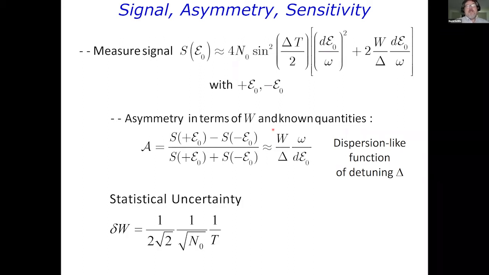One of the interesting things about this method is that the statistical uncertainty on this matrix element of interest, which after all is an energy, has the same form that you would expect for the uncertainty of measuring a frequency in a clock. It has the usual 1 over observation time or coherence time scaling, the 1 over the square root of the number of detected particles scaling, and some numerical factors that are just from definitions.